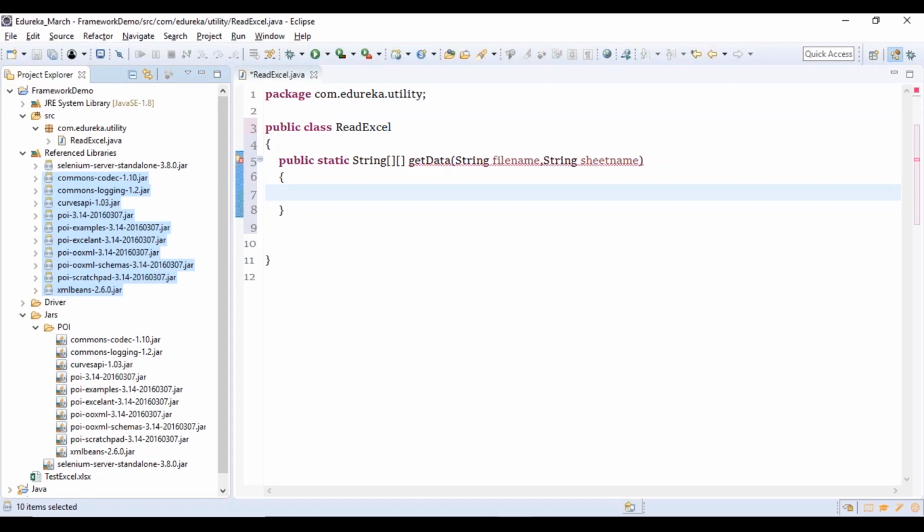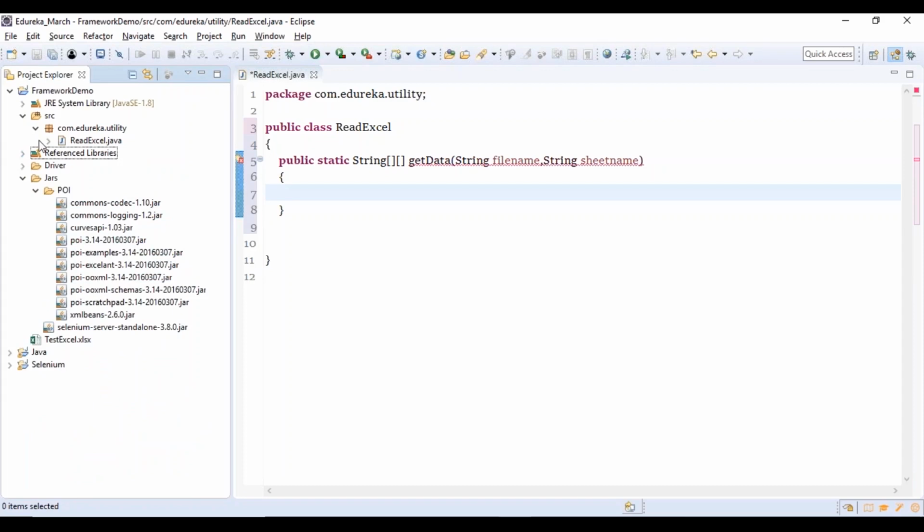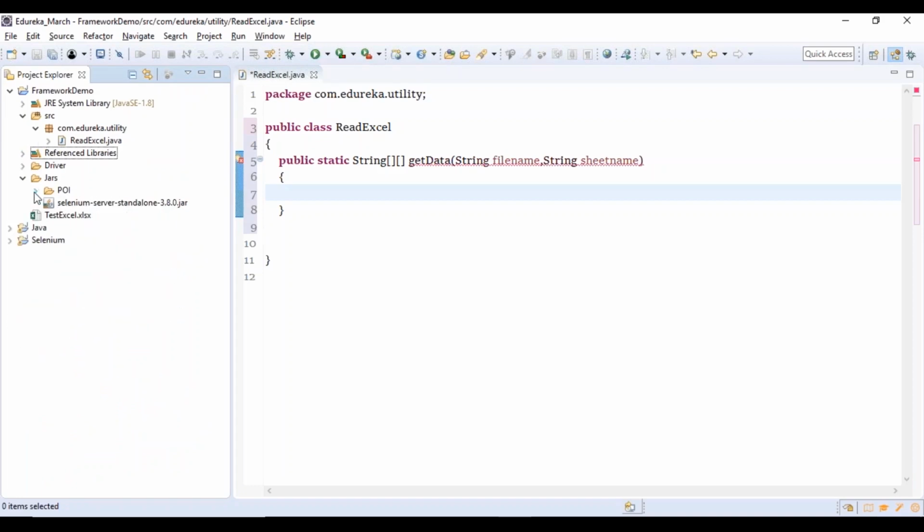So how do I work with my Excel files? Excel in Selenium is considered to be a workbook, right? It is a workbook which has multiple sheets, and using those sheets you can start working. One important thing you'll have to know is that each and every row needs to be counted, and there is nothing called columns in Selenium. In the POI API, what you're supposed to call it is a cell. One cell is considered to be a data set for us. So that is how we are going to deal with your Excel sheet.